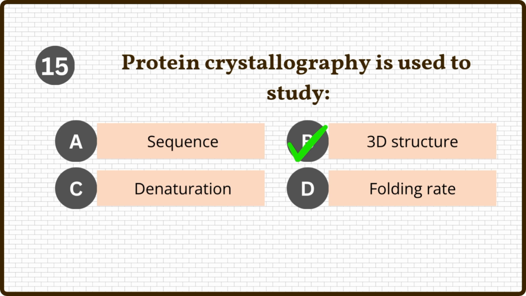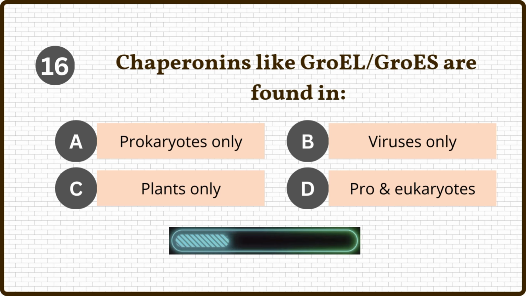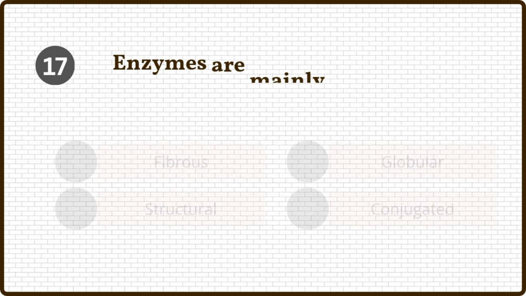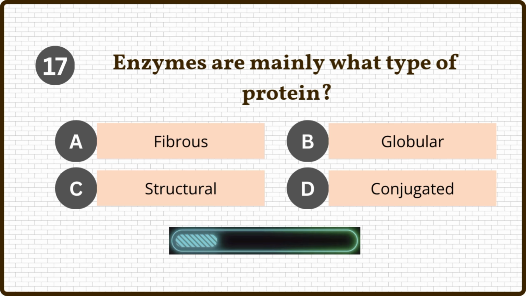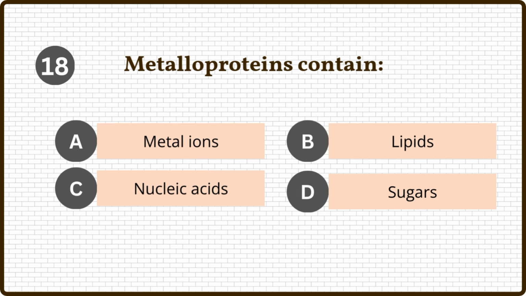three-dimensional structure. Chaperonins like GroEL or GroES are found in both prokaryotes and eukaryotes. Enzymes are mainly what type of protein? Enzymes are globular proteins. Now, metalloproteins contain